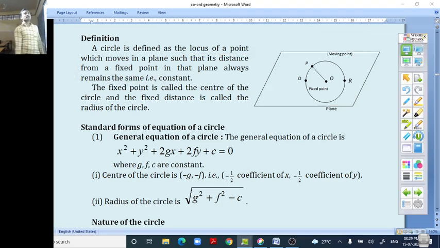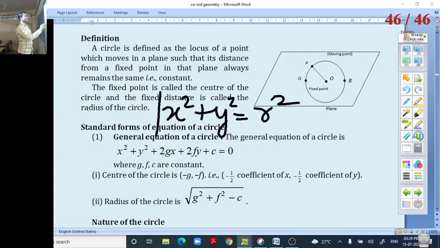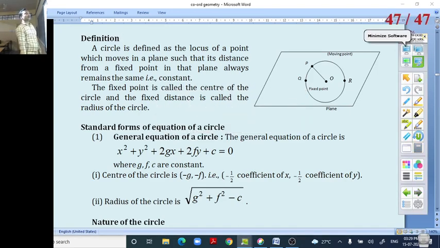And the general equation of a circle is x square plus y square equals r square. The general construction of the circle is done through the equation x square plus y square equals r square, where x and y are the variables, and r is the radius of the circle.